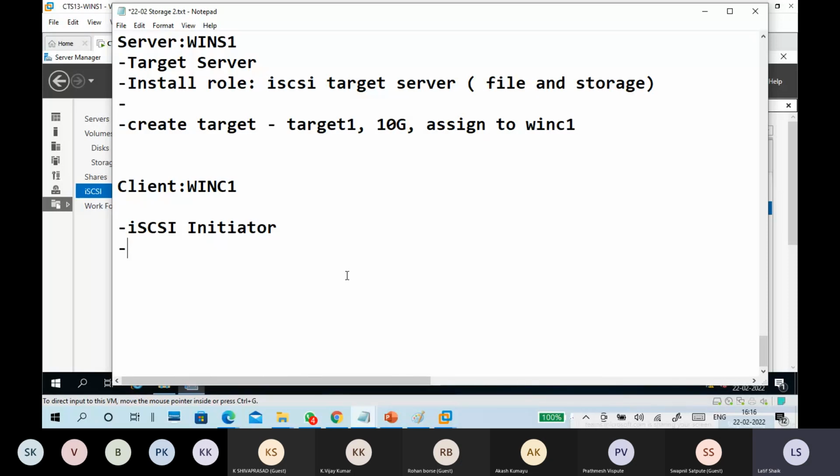iSCSI initiator, the target, give the target server name or an IP address. Okay, so now check it. Go to disk management.